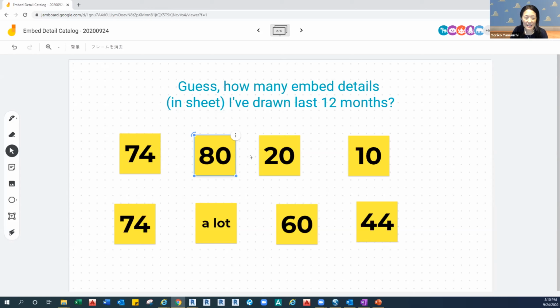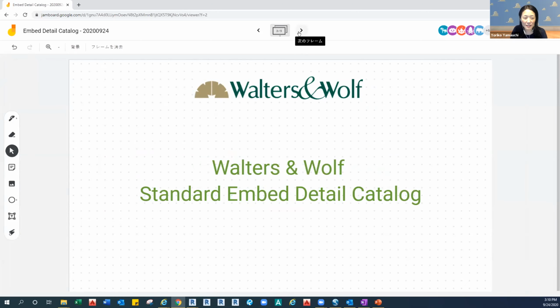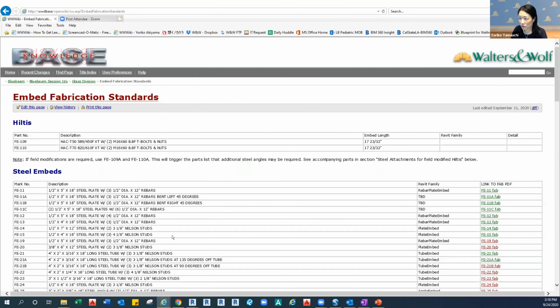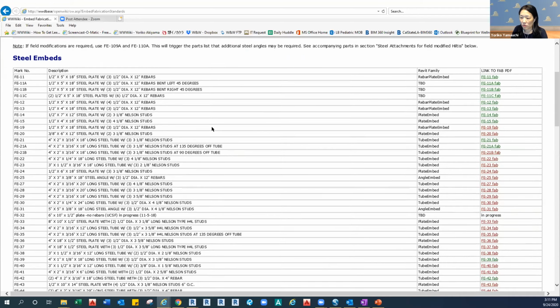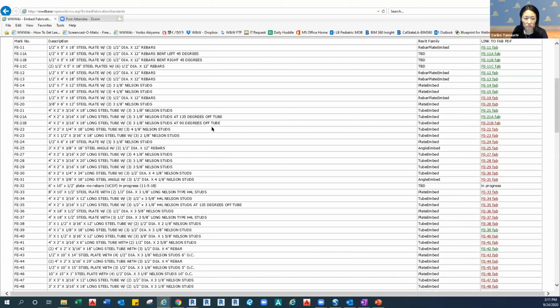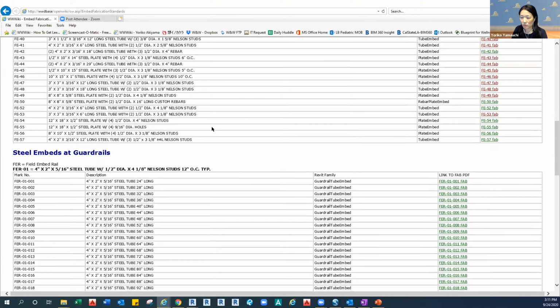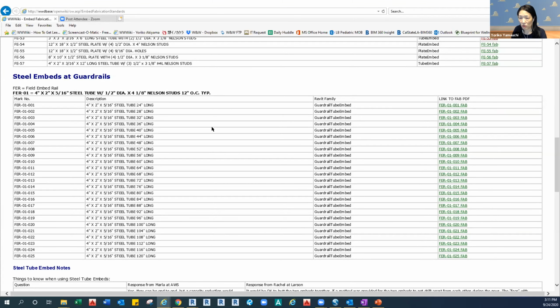Okay. So thank you for the guessing. Okay, let's do the standard Embed detail catalog. As you may know, we do have a wiki page for the embeds. That's all our standard embeds. As I said, 2 Hilti, 47 steel plate embeds for window systems, and also 25 steel tube embeds for guardrails.